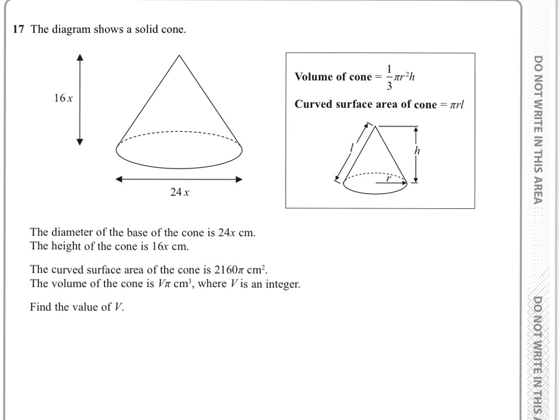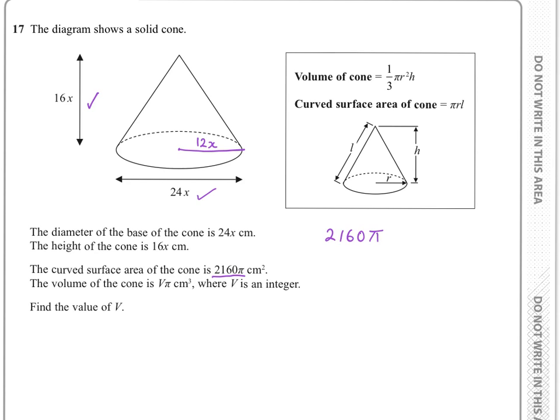Question 17. Quite a tricky question. You're given the perpendicular height of the cone as 16x units, and you're given the diameter of the base of the cone is 24x units. So straight away I think it'll be a good idea to put in the radius, which will just be 12x units. It says the curved surface area of the cone is